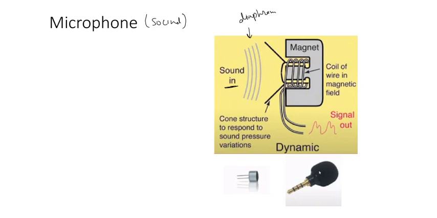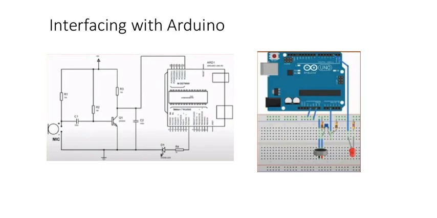If you go to the market and buy a mic, it looks like this, which is a 2-pin device, and you can find this kind of structure also. Now the internal diagram of the microphone looks like this. It contains one transistor, this is a symbolic representation of your mic, and it contains some capacitance and resistance. This transistor is working in amplifier mode, so whatever sound is coming, it will amplify that sound. And you can connect it to Arduino.